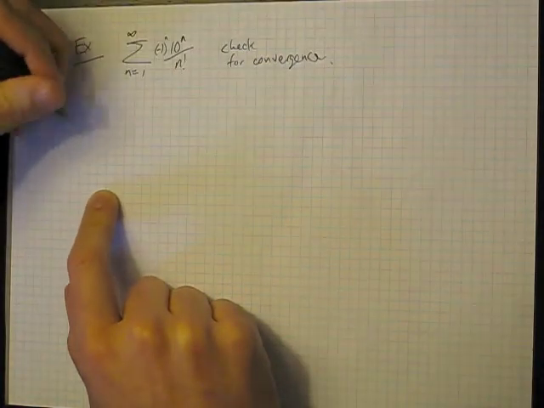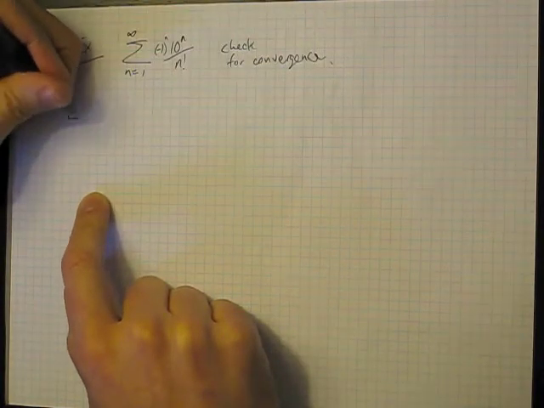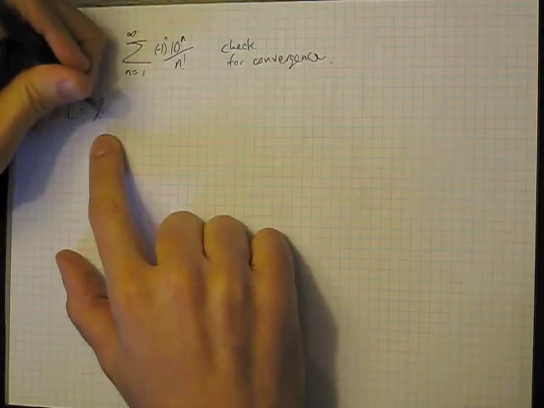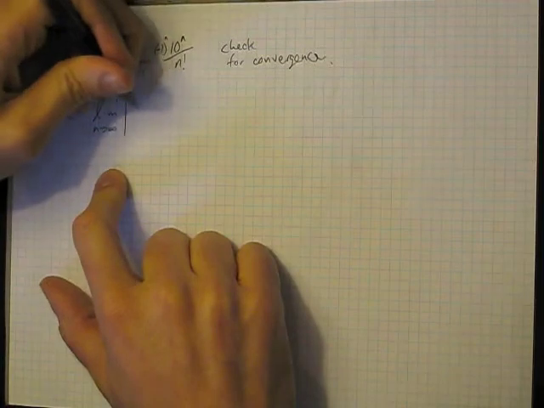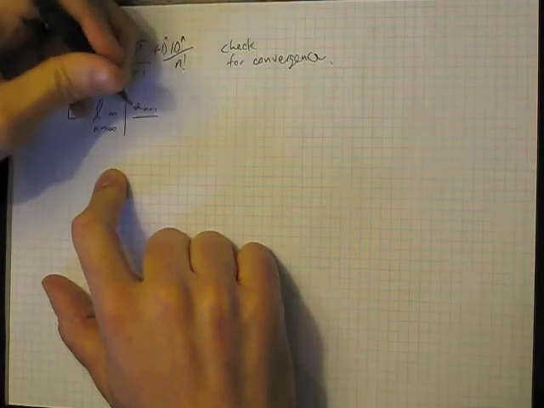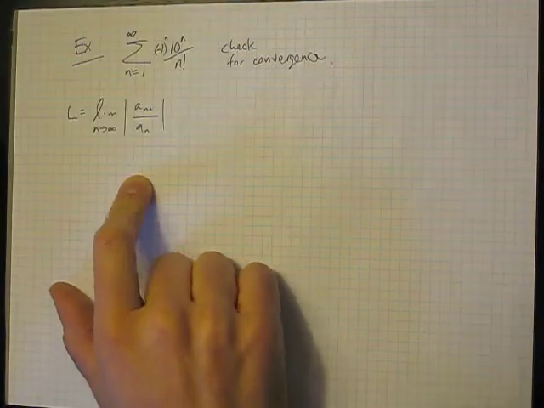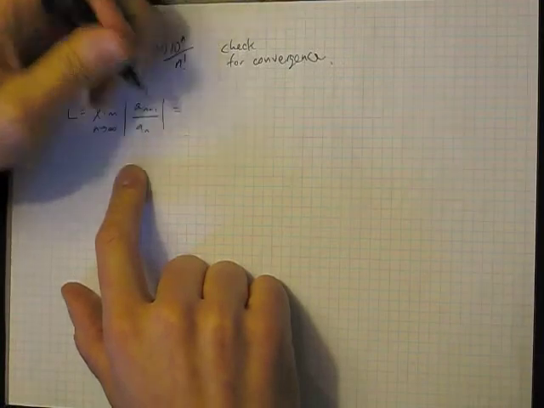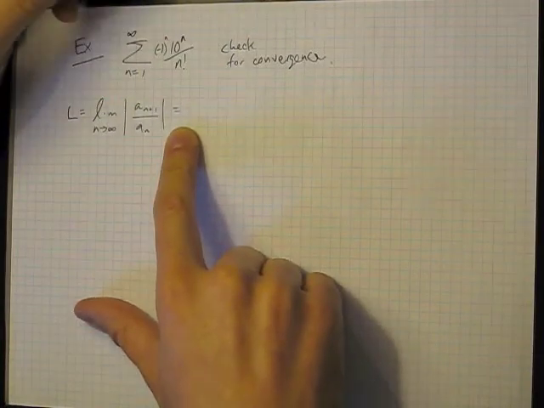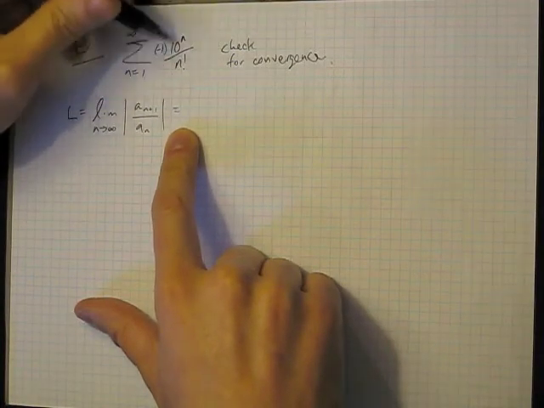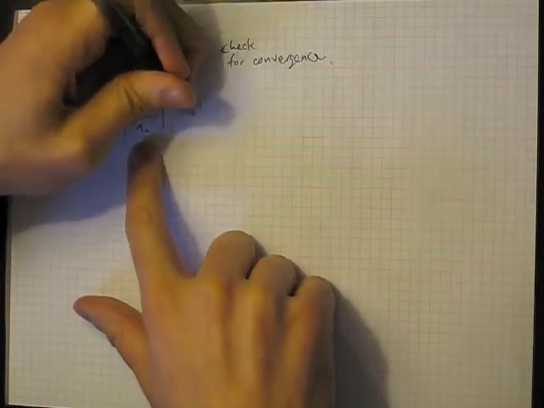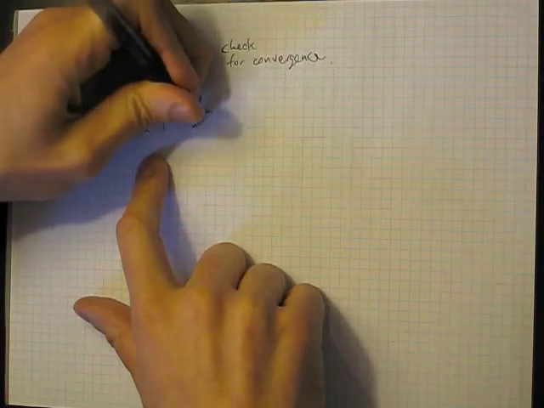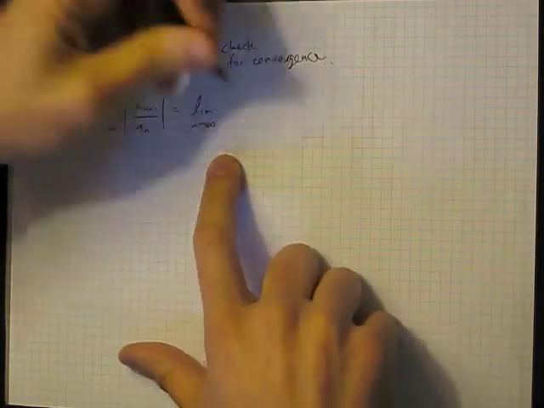All right. So we have L, the limit of the absolute value of the n plus first term over the n term. Okay. So if we take a look at what this is, we have a minus 1 that's going to occur in a lot of these terms, but we can always ignore the minus 1 when we take the absolute value. So this is really the limit as n goes to infinity of